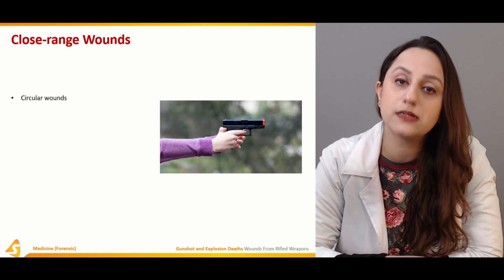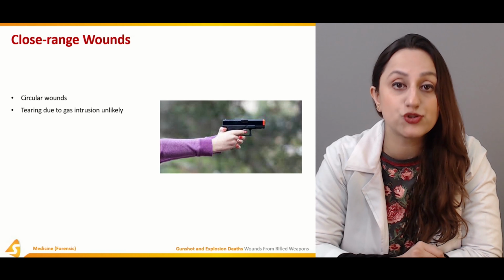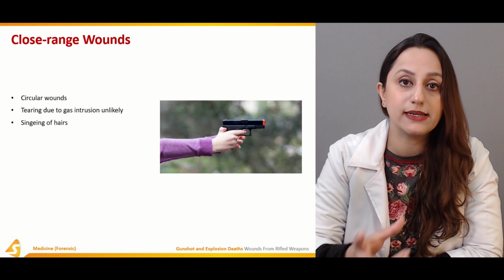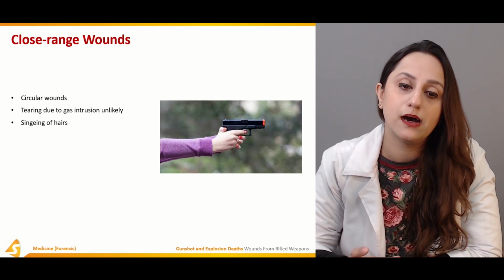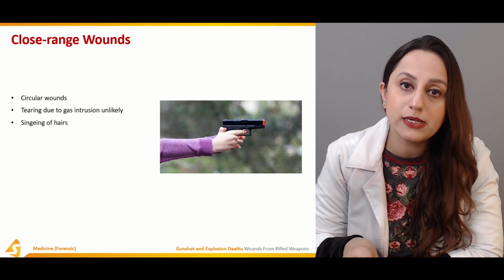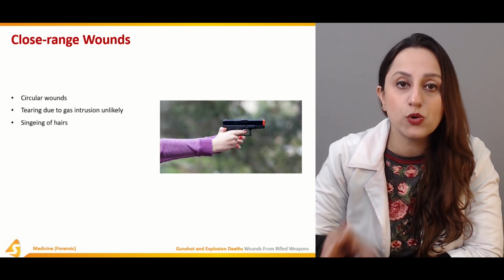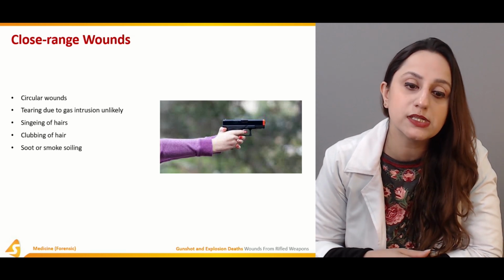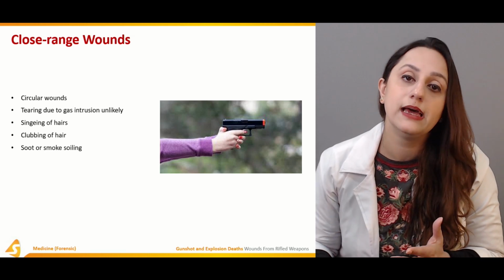Basically, they include circular wounds. The shape is basically circular, and the tearing is due to the gas intrusion, and the singeing of the hair, that is the burning and the shriveling of the hair, is again very important whenever we are talking about close range wounds, because the burning phenomenon or the heat is going to be transferred only when the shotgun is in close contact with the human body. The clubbing of the hair is again very important, and the soot or the smoke soiling is seen in such a